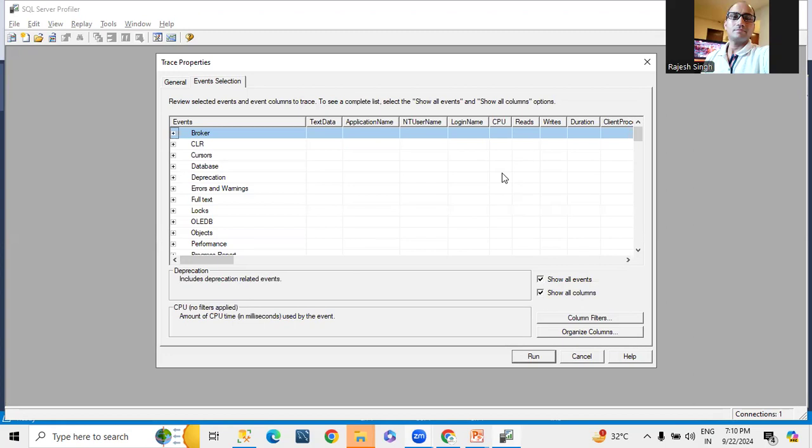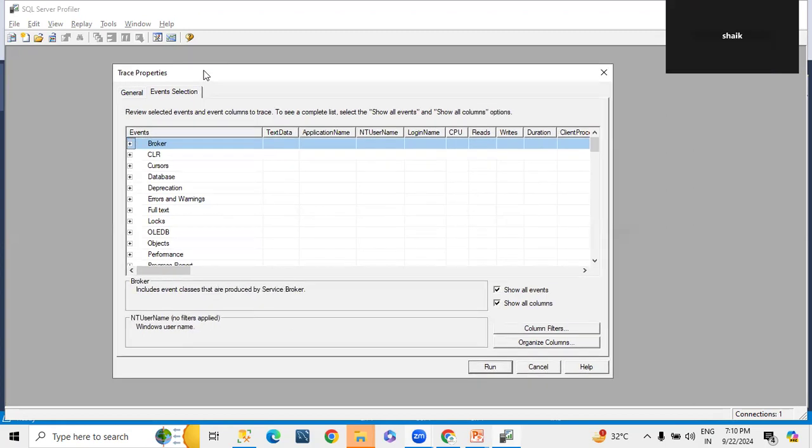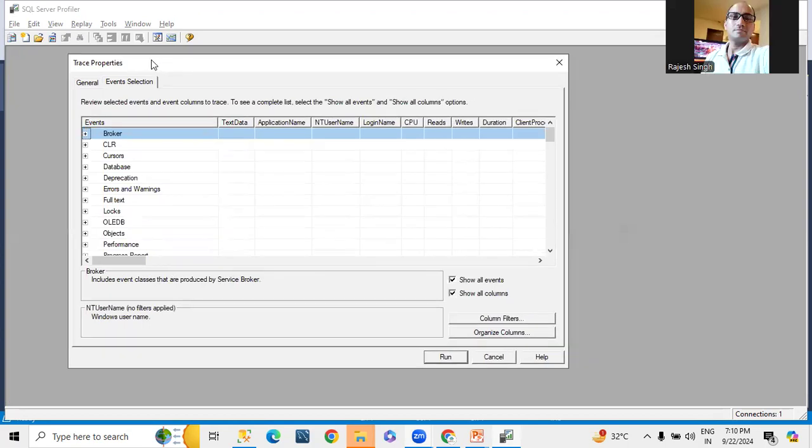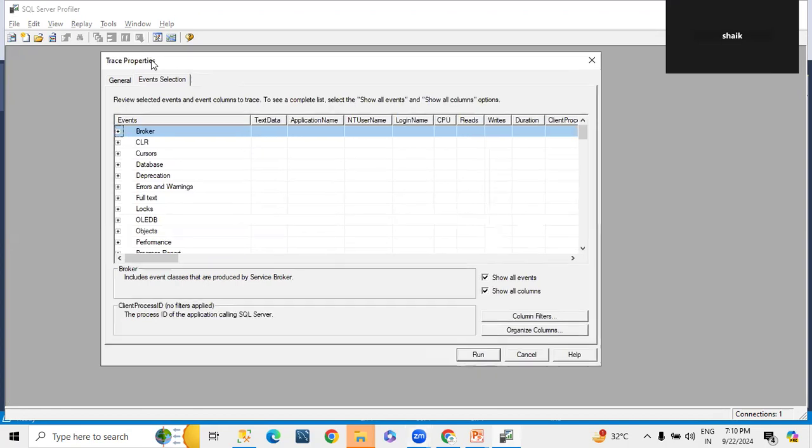Usually they say using this profiler is a resource intensive operation. Yes, right. So when can we run this? In non-business hours, or can we even run it in business hours based on the selective columns that we select?